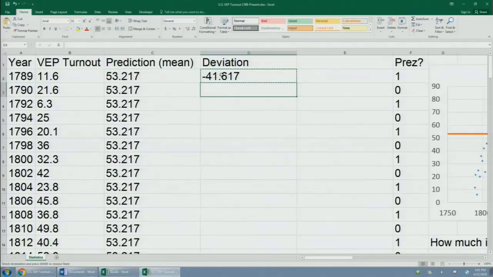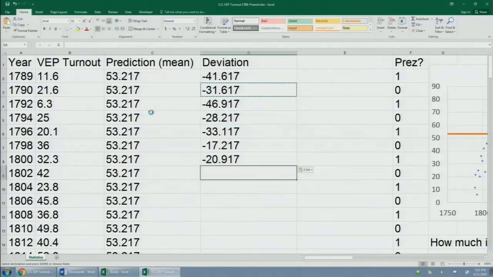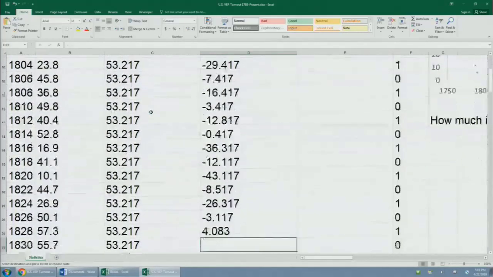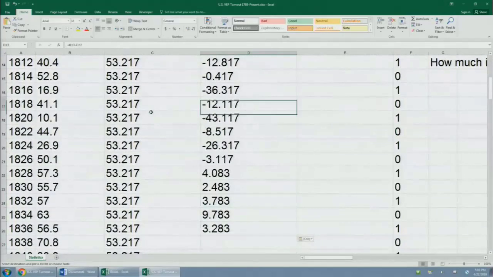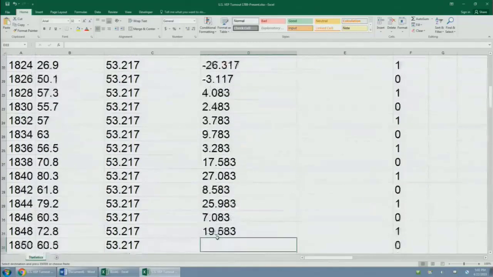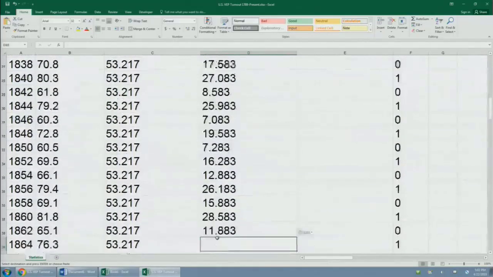The next year, we can do the same formula. Oh, and that one's 31.617 points off because it went up exactly 10 points. And we can do that all the way down the line. And for some years, wow, 1814, that's pretty close, only 0.4 points off. And for other years, 1824, yeah, it's really bad. 1820, it's off by 43 points. Oh, we can keep going. And we can get a sense